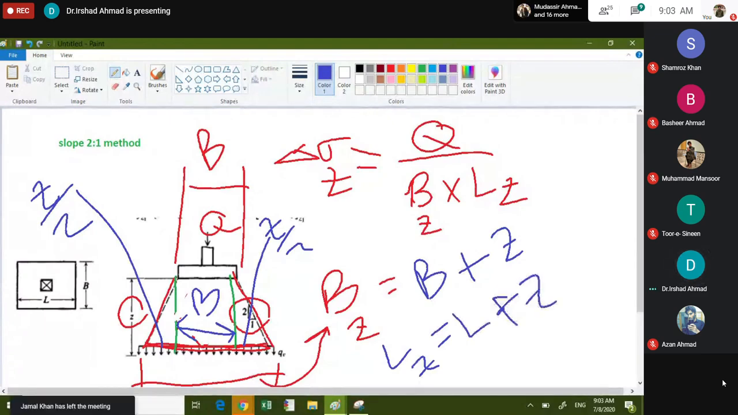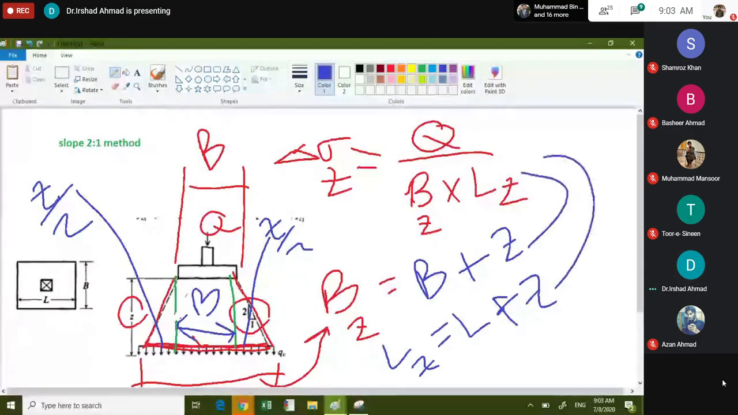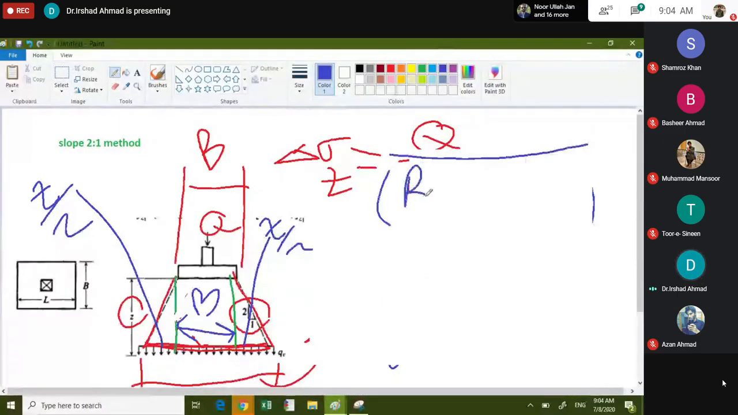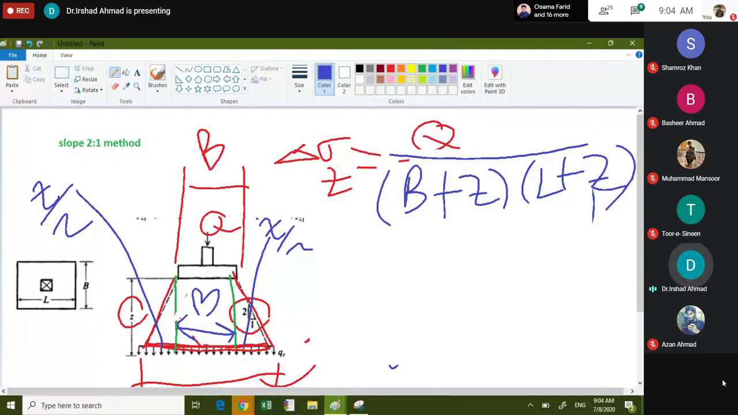So if you put this value here, you would have an equation like Q divided by B plus Z times L plus Z. If you have a square footing in which B is equal to L, your equation reduces to